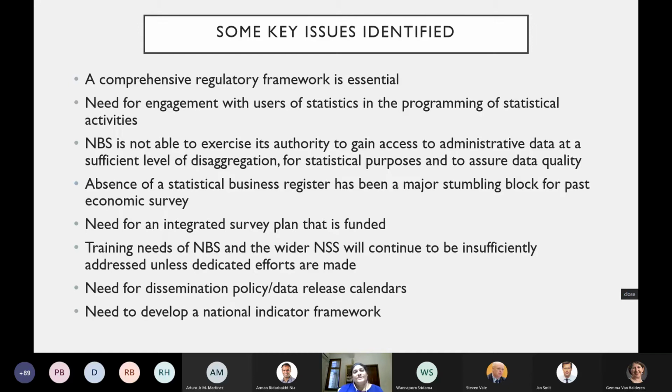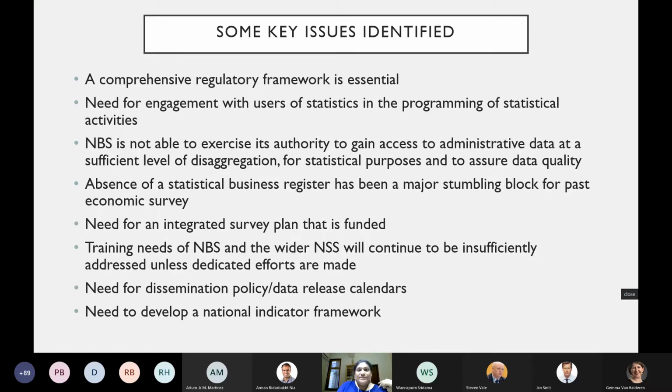Yeah. So these are some of the key issues that were identified during the review: that a comprehensive regulatory framework is important. We have a statistical regulation, but we don't have a law. And there were some areas of statistics in the regulation that need to be strengthened. So a lot of time was taken to review the legislative framework and also looking at the generic law of the EU and ECE. So there were a lot of recommendations on how to align it more with the fundamental principles of official statistics, and